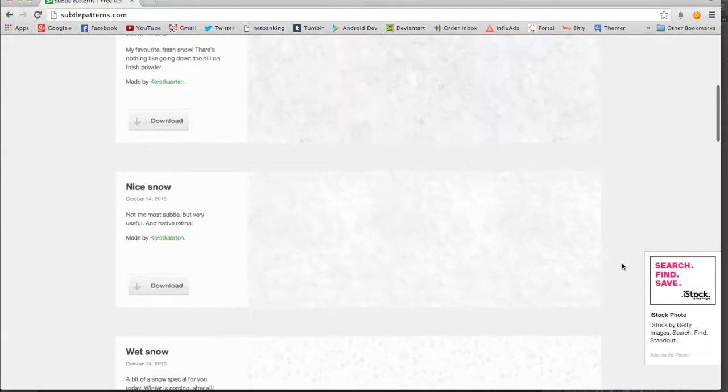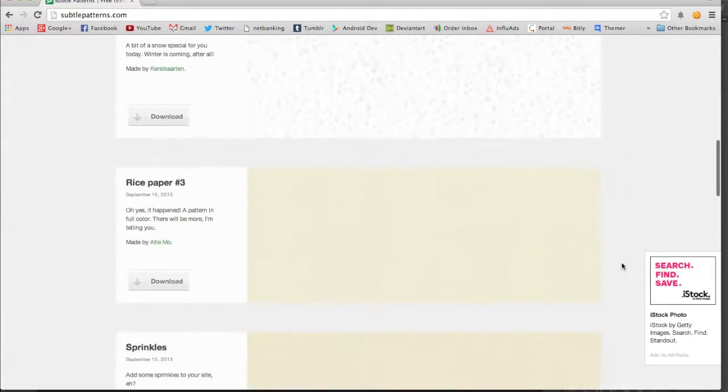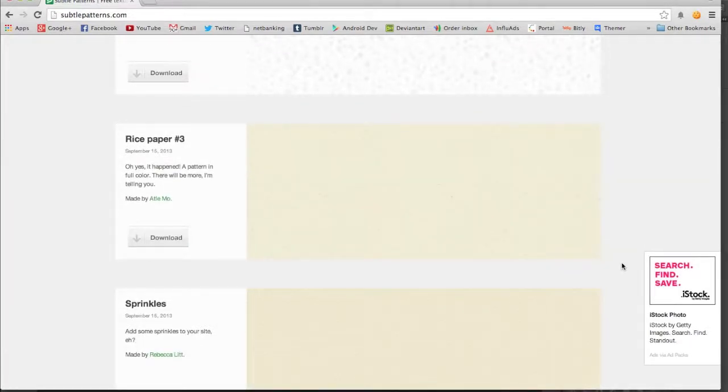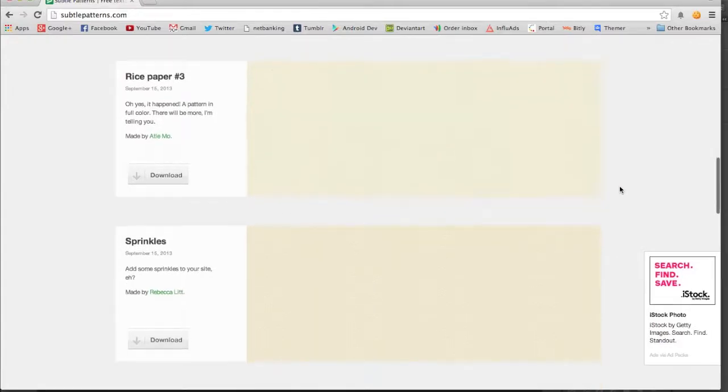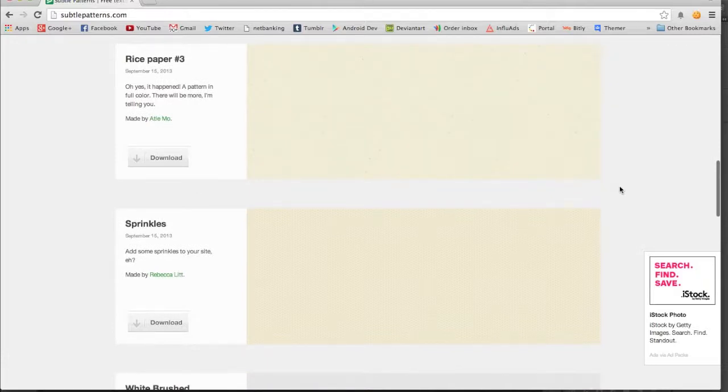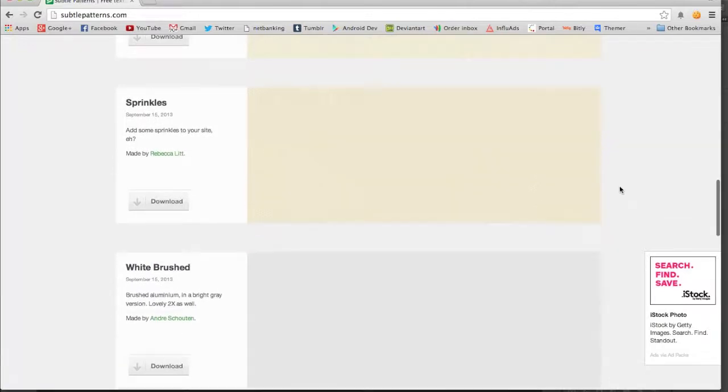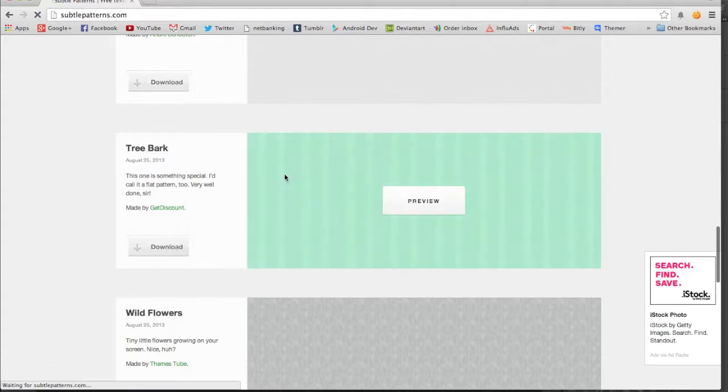They have really nice patterns. They have light patterns and dark patterns, and you can also just search Google. You can basically use any image as a pattern. So let's just say you have, I don't know, a green square icon. You can use that as a pattern as well. Any image, it doesn't matter. So I'm just going to show you this pattern as an example and just download it